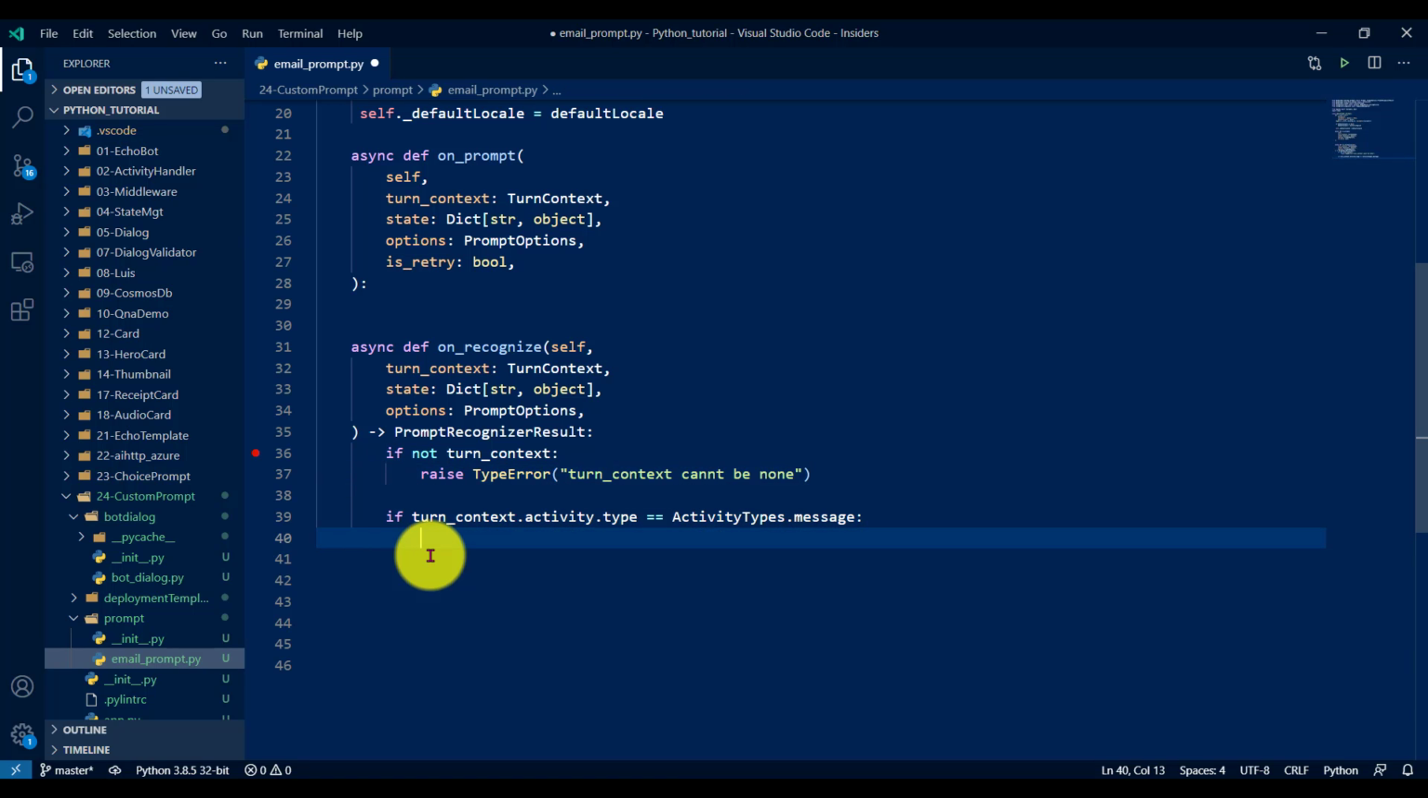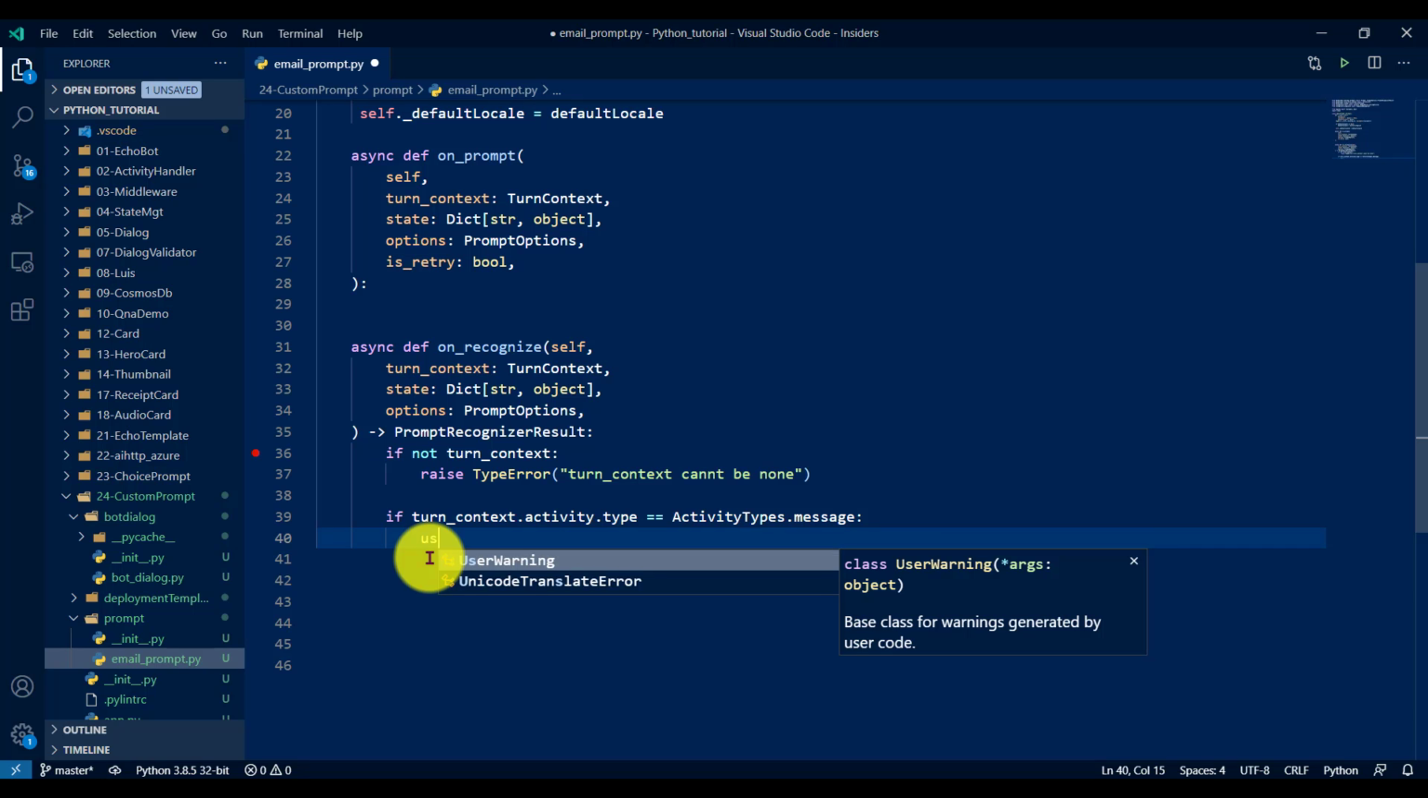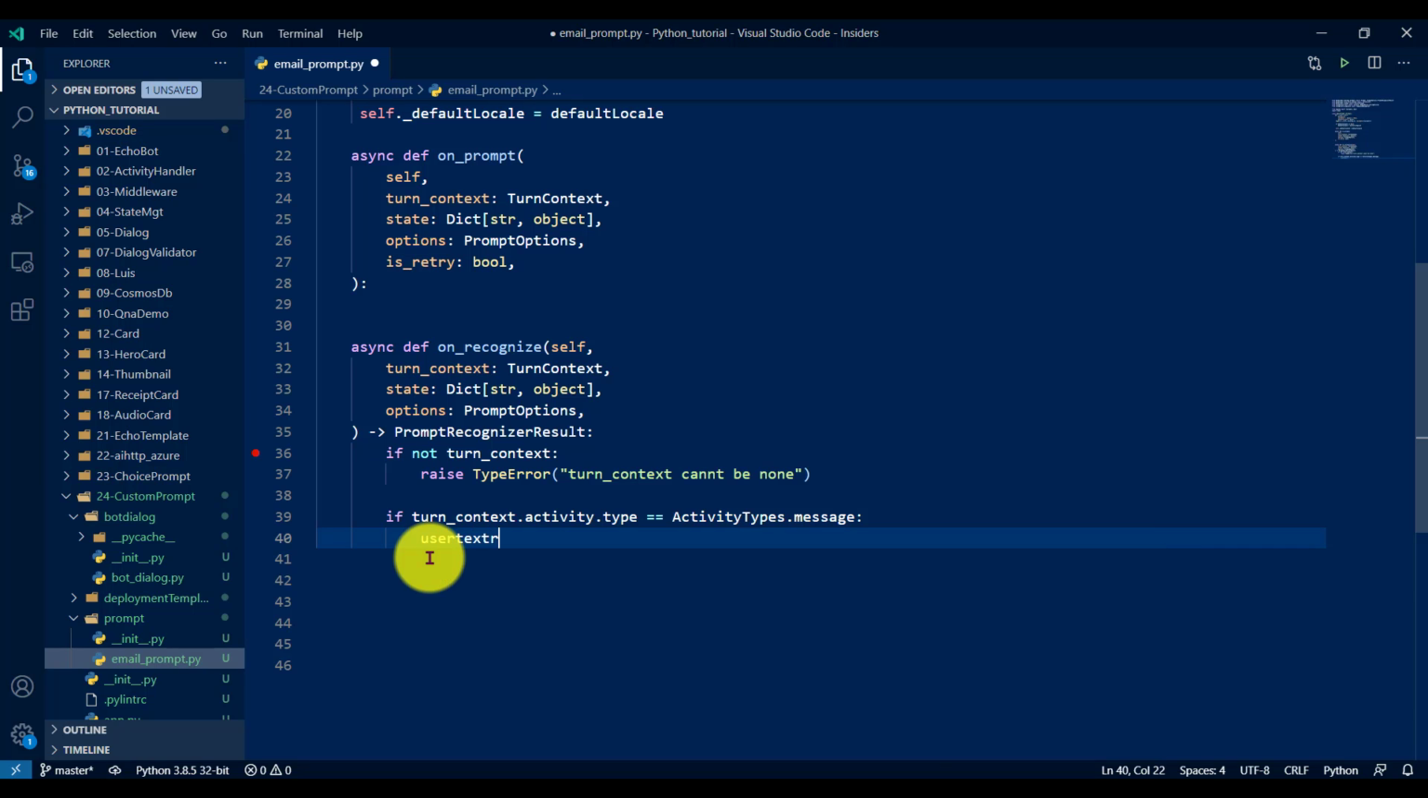Okay. So if it's a message, we have to capture the text the user entered. That text we can capture, let's say I call it user text. This we have to read from the activity object. So turn context dot activity dot text. That's it. Okay. So far this is done. Next,